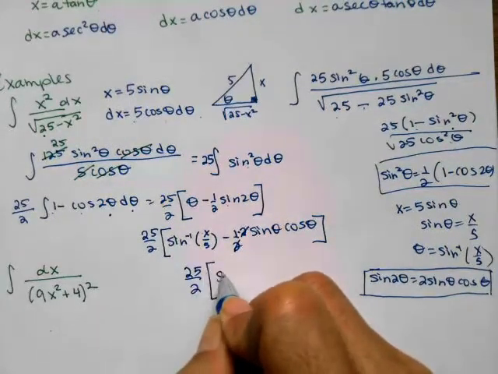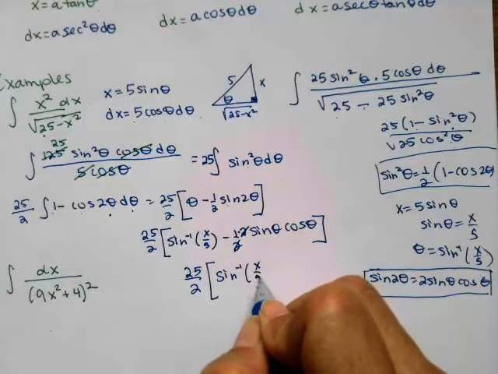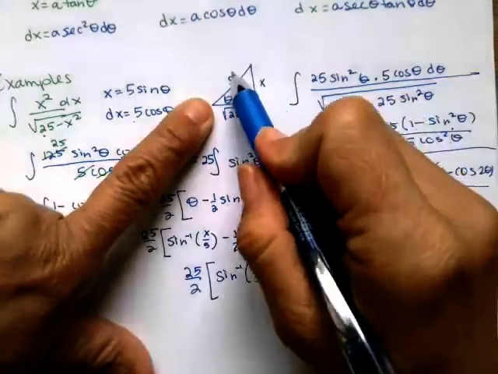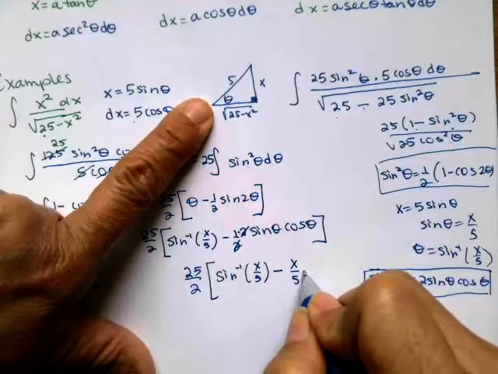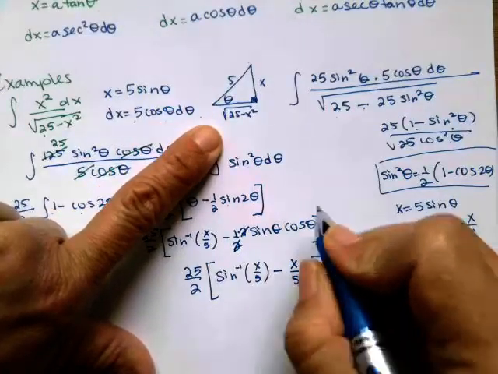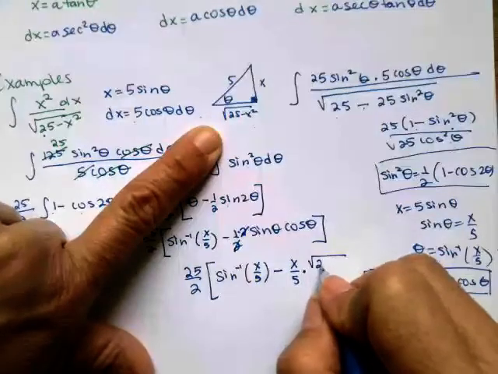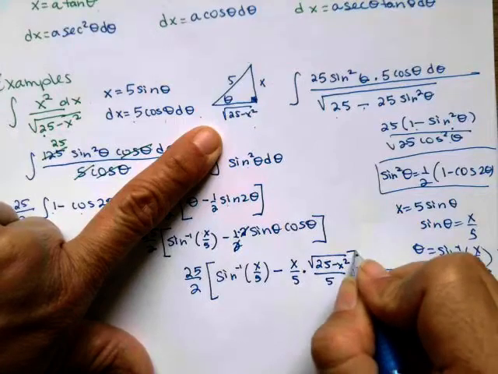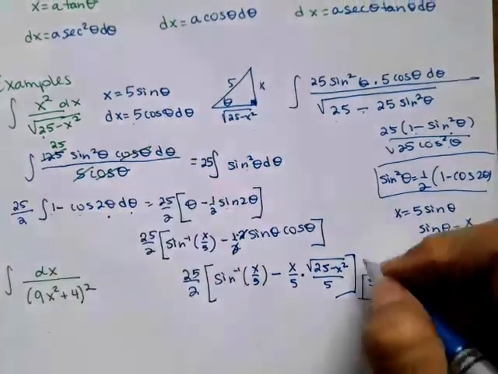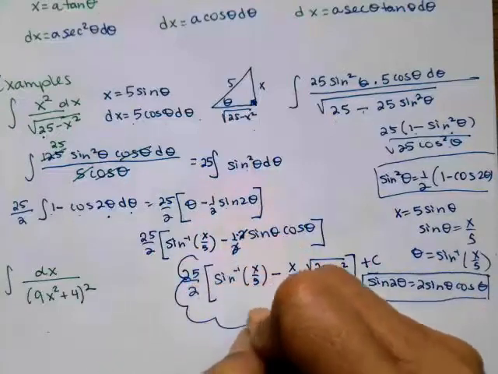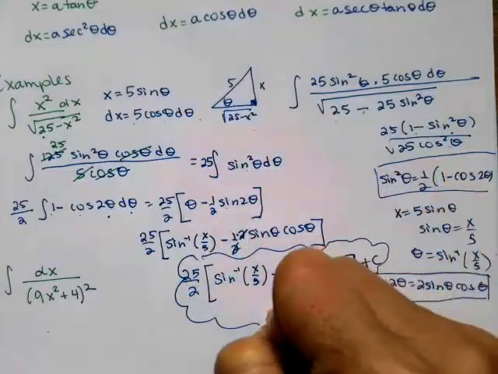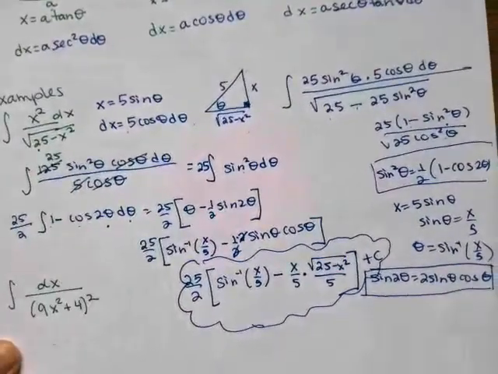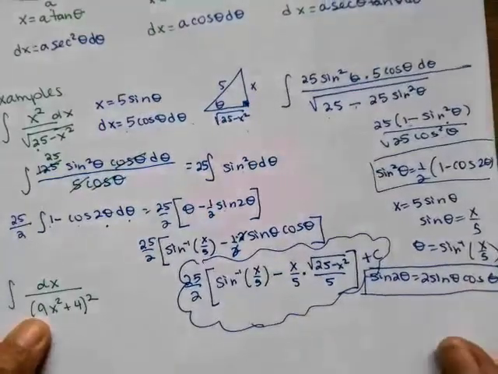25 halves, inverse sine, x over 5 minus, so sine theta. So sine theta is x over 5 times cosine theta. Cosine theta is adjacent over hypotenuse. So square root 25 minus x squared over 5. I could absolutely make that look prettier, but I'm out of room. Okay, and since I'm out of room, I think I'm going to grab a new sheet to do this next problem. So let's go ahead and we're going to take a look at